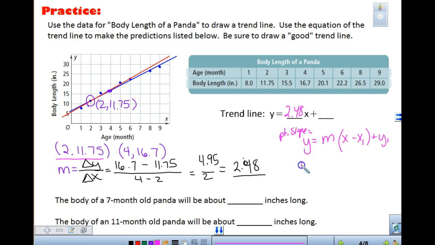So we're going to go to our equation, and we know our slope was 2.48. We just found that. We're going to have x minus, we're using the first point. Our x point is 2. Lucas, are you writing this? Plus, we are going to put our y point, which was 11.75. Okay? You are now going to distribute, so please use your calculator and get the exact answers and not just looking at it and going, yeah, I know I'm really good with numbers, so I don't need to use my calculator. No, I want you to use your calculator. 2.48x minus, as you continue subtracting that,